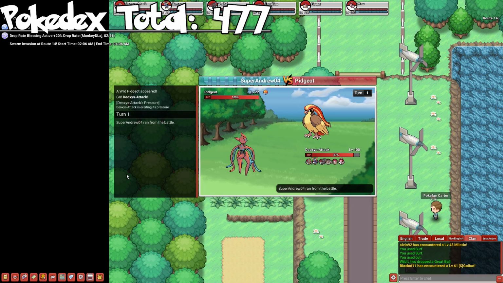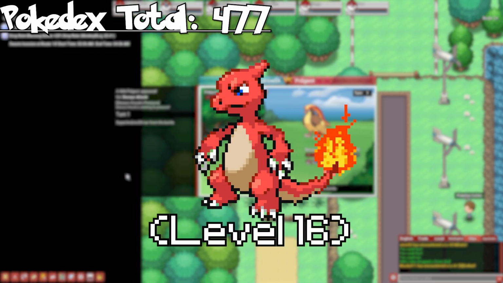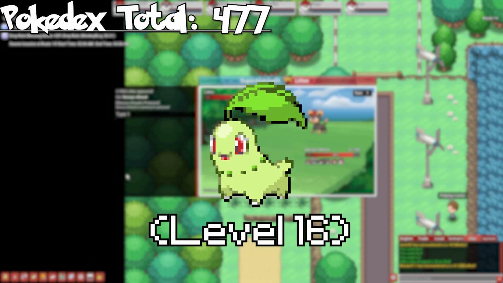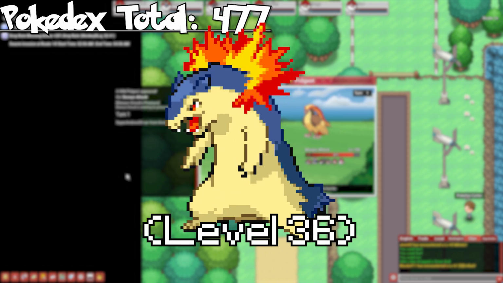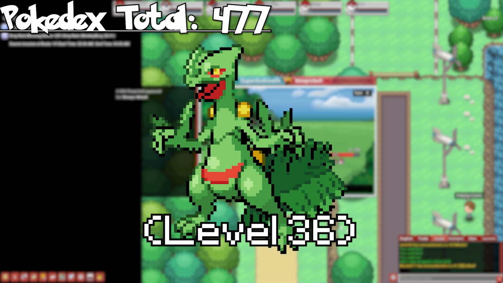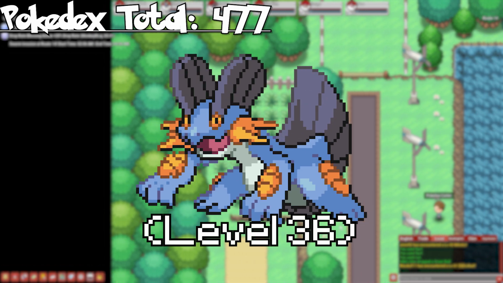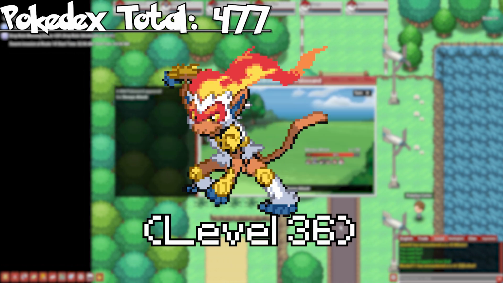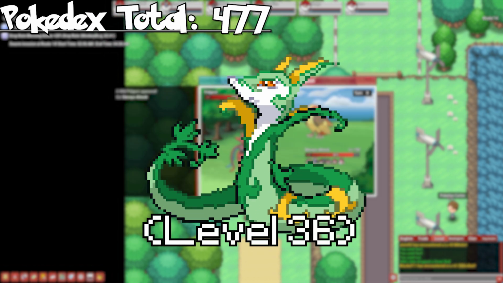After catching all of them, evolve Bulbasaur to Ivysaur and Venusaur, Charmander to Charmeleon and Charizard, Squirtle to Wartortle and Blastoise, Chikorita to Bayleef and Meganium, Cyndaquil to Quilava and Typhlosion, Totodile to Croconaw and Feraligatr, Treecko to Grovyle and Sceptile, Torchic to Combusken and Blaziken, Mudkip to Marshtomp and Swampert, Turtwig to Grotle and Torterra, Chimchar to Monferno and Infernape, Piplup to Prinplup and Empoleon, Snivy to Servine and Serperior,